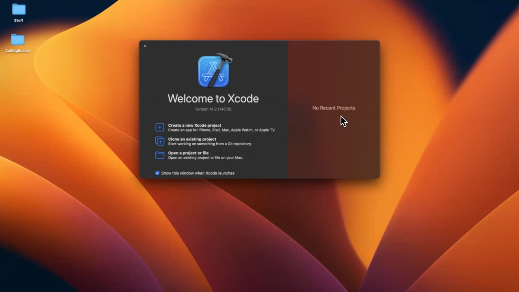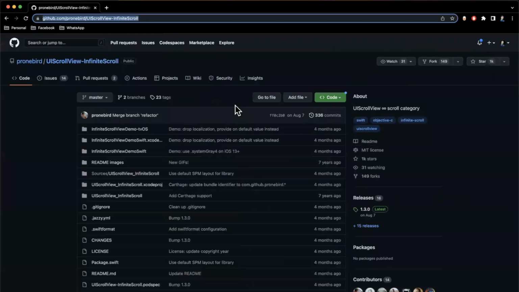In today's video, we're going to take a look at how you can really easily add infinite scroll into your applications. So whether you're working with a table view or collection view, scroll to the bottom, load more data, and show a nice spinner at the bottom. We are going to use a package to do this. I've got a dedicated video teaching you how to do this manually, but this package I came across is pretty